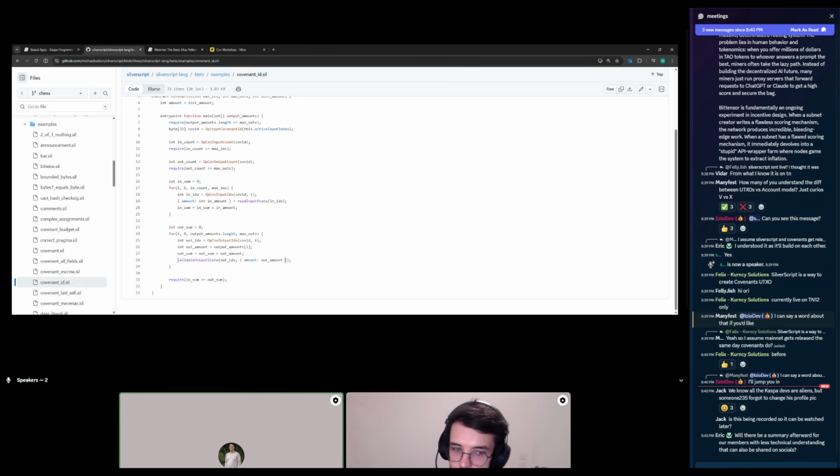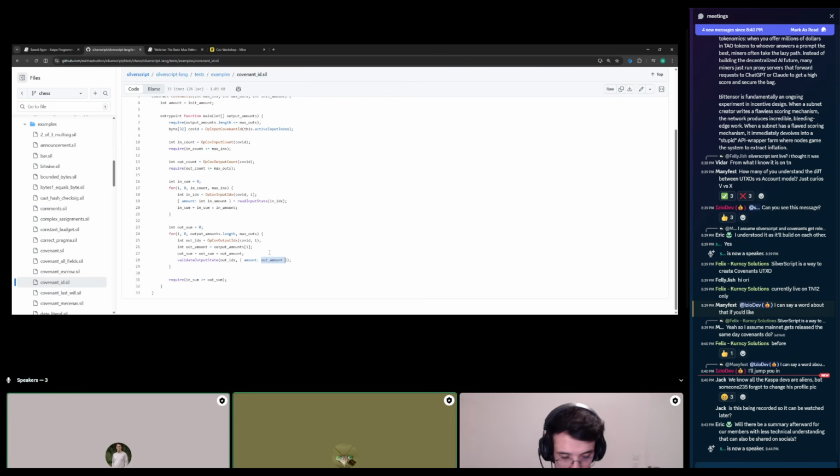When you write validateOutputState inside a contract, it makes sure that the output at the output index is following exactly this covenant we're running, and its value field, the state, is what we write in the output amount. This way, that output, when it gets spent, is also going to verify this value preservation rule, because it's self-enforcing.